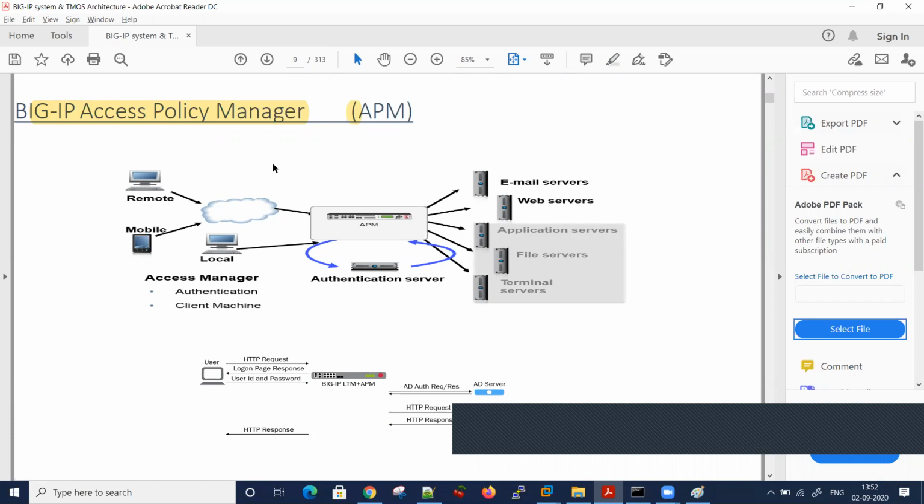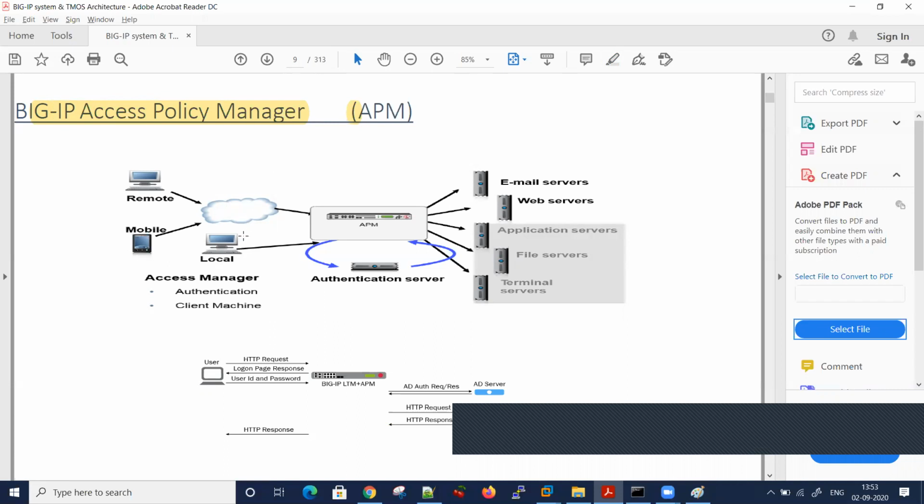I want my users to be authenticated through AD first. I want Karan and Amit to go to this server based on my authentication. Basically it is for authentication, an AAA solution, you can say.